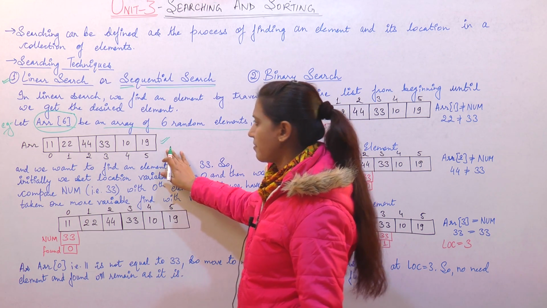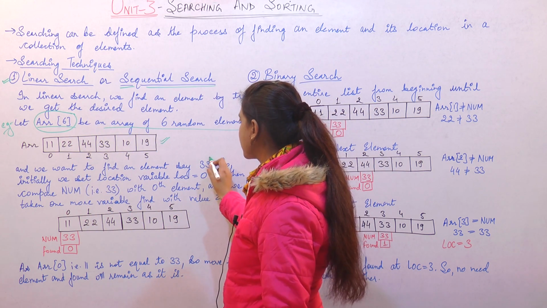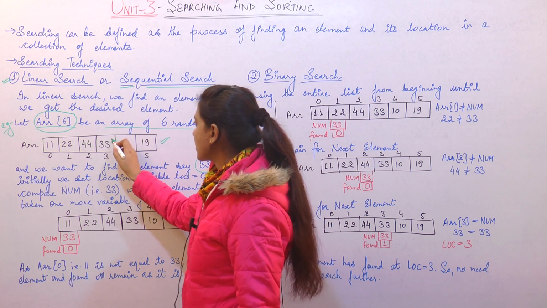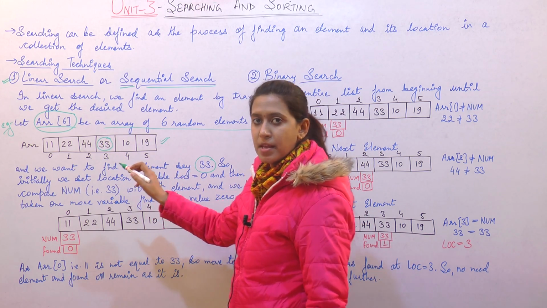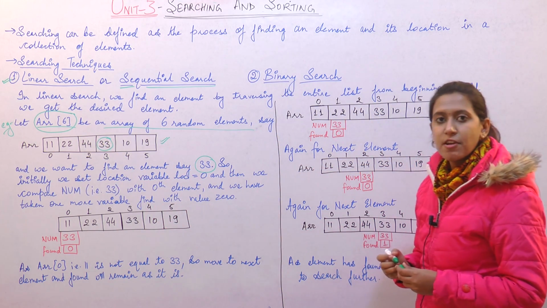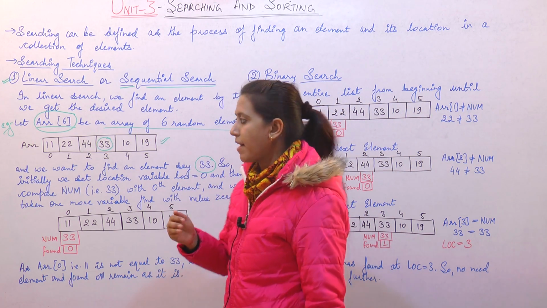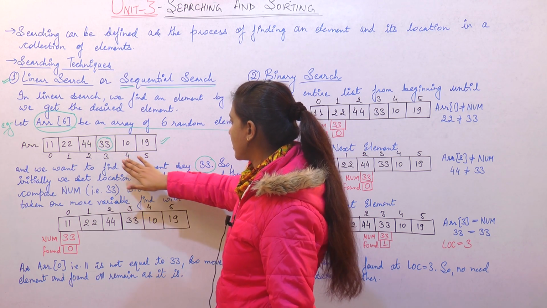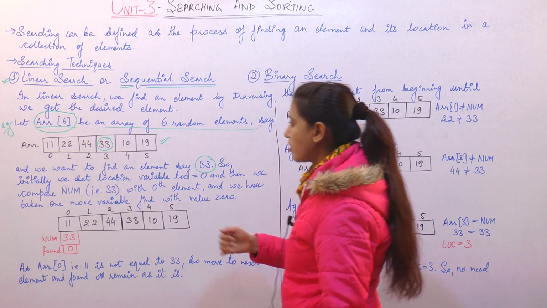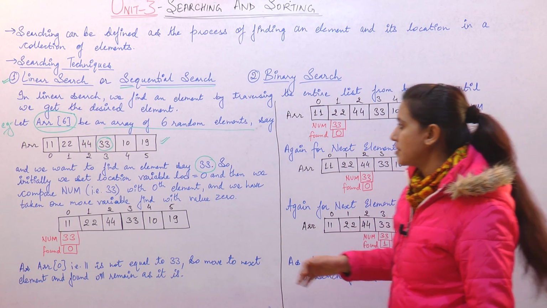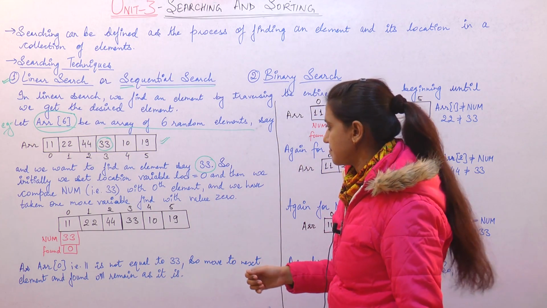Now since this was our original array, from this original array we want to find an element, say 33. So we want to search for the element 33 in this given array. What steps will we follow so that our system provides us the location of the element we want to find, that is 33? We will discuss what operations will be performed to search for the element 33.